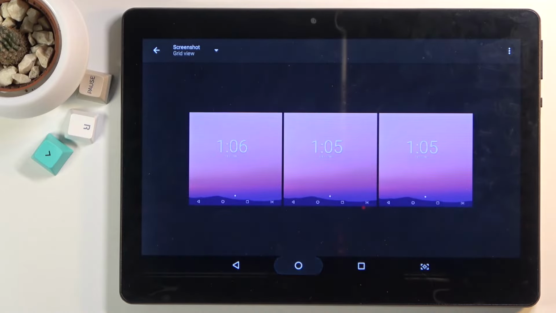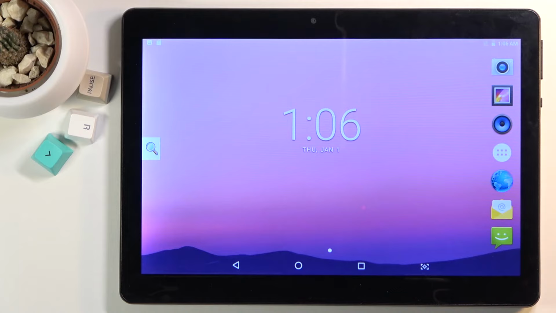the time. So anyway, this is how you capture a screenshot, and if you found this very helpful,